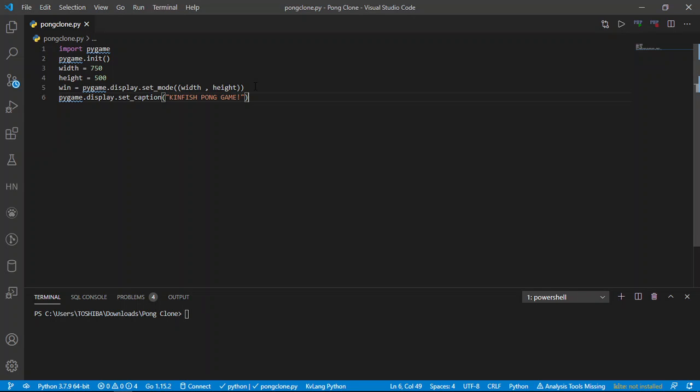The next thing that we should do is create a game loop. This is in the basics of the game: you should have a game loop that will run consistently, without stopping. So we create that game loop by using